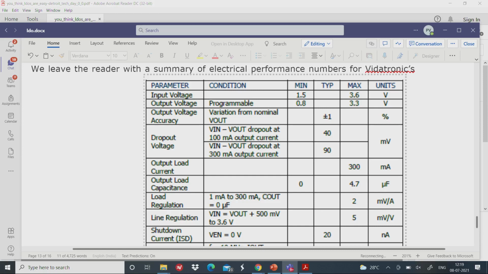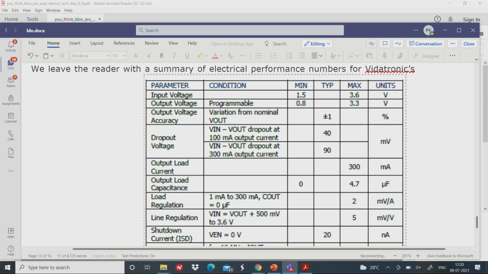There it was so much of current in a given microsecond, huge spike in current drawn. Here it is for every 1 amp change in current, the load regulation is about 2 millivolt per amp, provided you are talking about 1 milliampere to 300 milliampere and a C out value which is about some capacitance value.